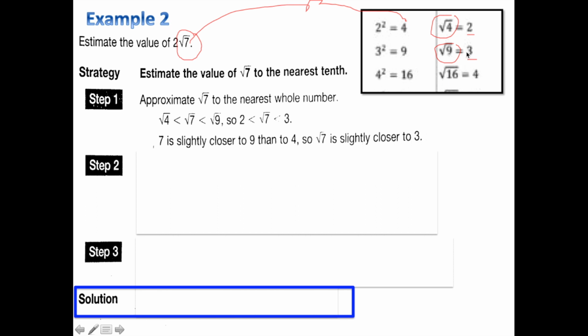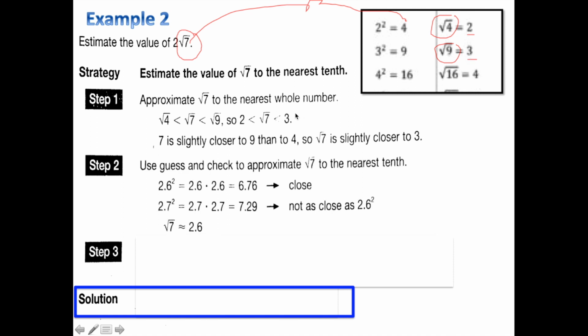slightly closer to 3. So what number is between 2 and 3 but closer to 3? So let's try some guesses or estimates. Use guess and check to approximate the square root of 7 to the nearest tenths. So it said a number between 2 and 3. Let's try 2.6. 2.6 times 2.6 will give me